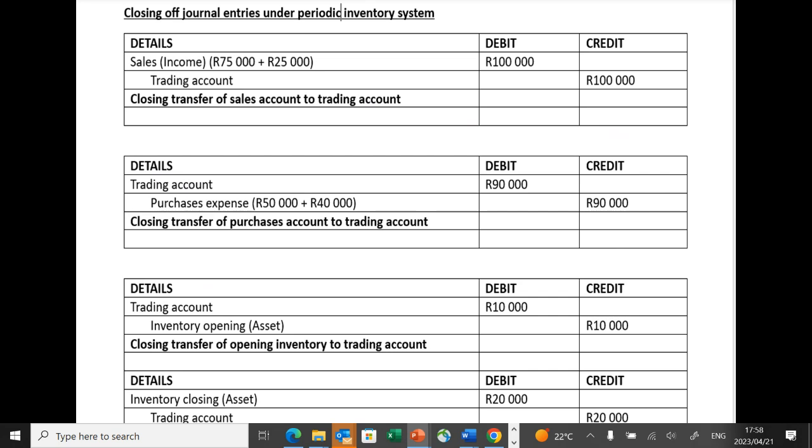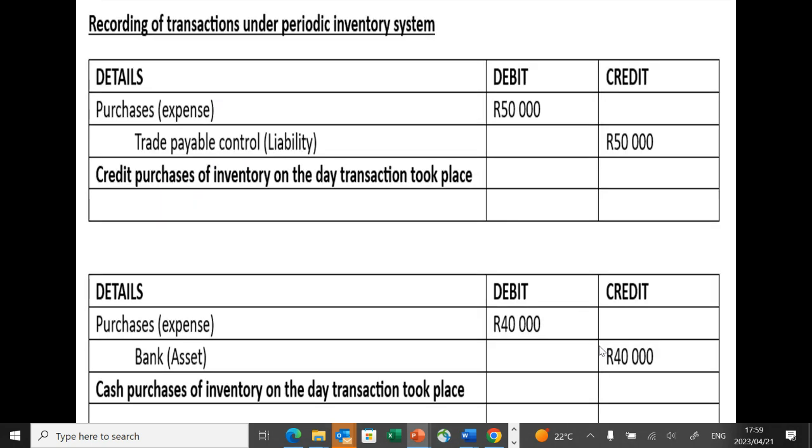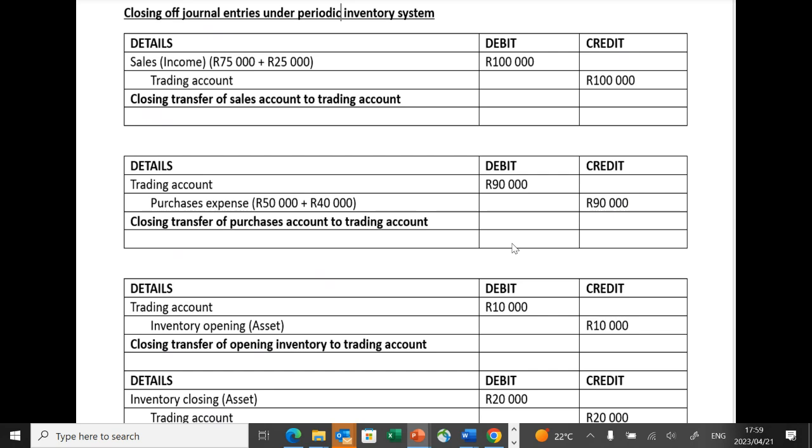Then we need to do what now? The closing journal entries under the periodic inventory system. Remember, we said we are closing off those transactions of income and expenses. So we know that our sales need to be closed off. Then it's 75 plus that 25. You see, they were credited initially. To close them off, we need to debit the sales income by 100,000. And what are you crediting? You are crediting your trading